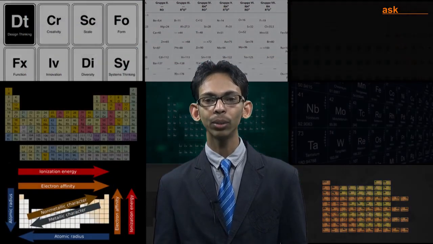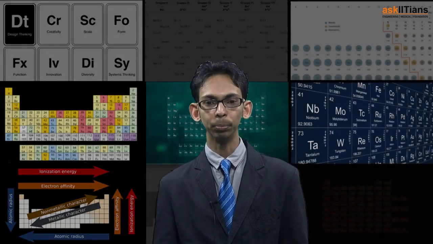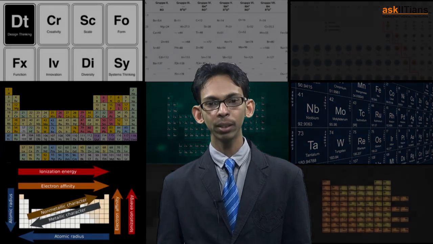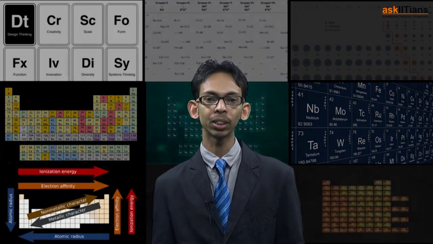So students, electronegativity increases along the period while it decreases down the group, and metallic character decreases along the period, increasing down the group, while the valency of all the elements of a particular group is the same. We know all these facts. In the next video, we will see that the first member of all the representative groups shows anomalous properties. That means their properties are different from the rest of the elements.